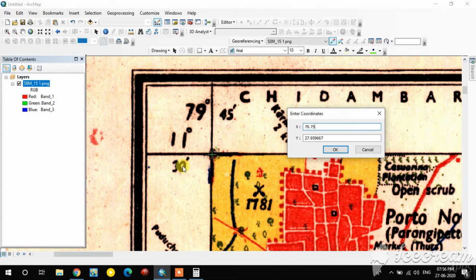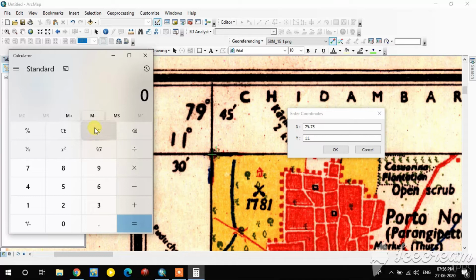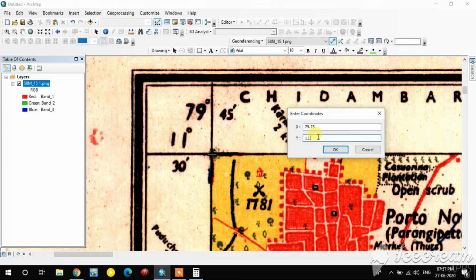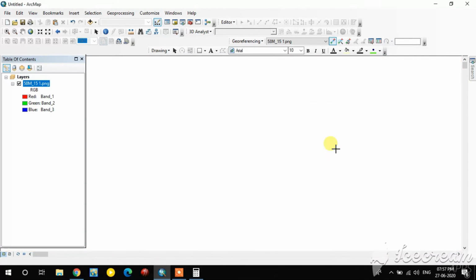Then the latitude, 11.30 divided by 60. It's 0.5. Give the OK. It disappears.